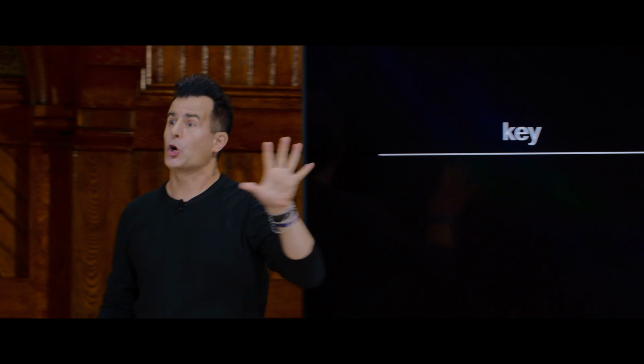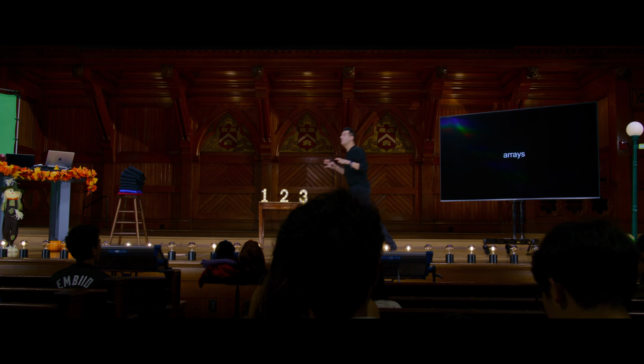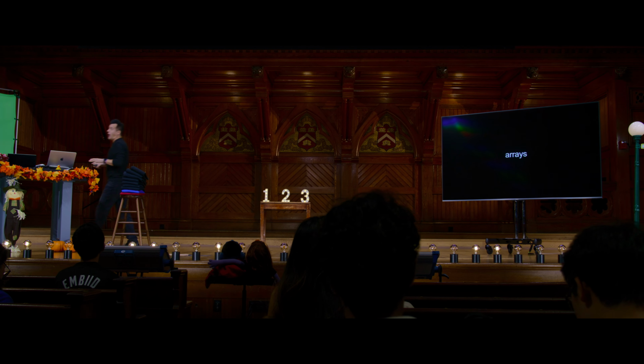After all, if you have an iPhone or an Android phone and Apple or Google only decided that you can have 50 friends because they implemented the Contacts app in an array, I mean, that would be an annoying limitation. So presumably, they've done things a little more dynamically, as we'll do today. So let's focus on the first of the data structures we saw back in week 2.